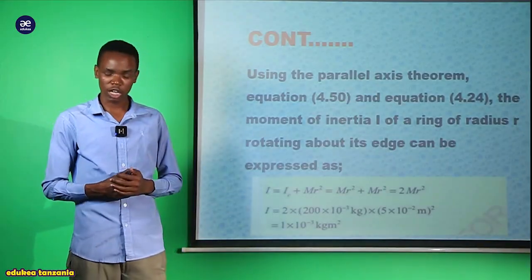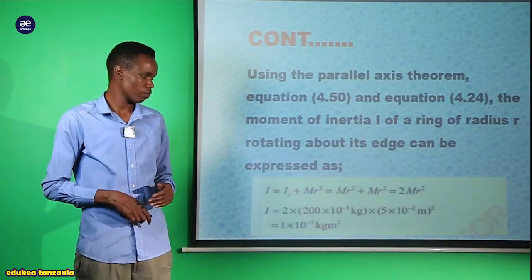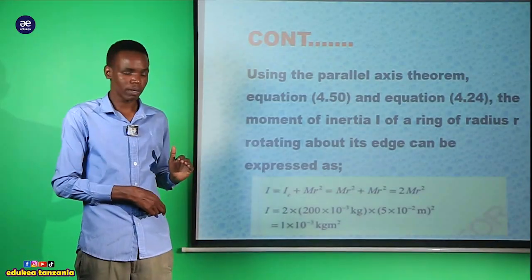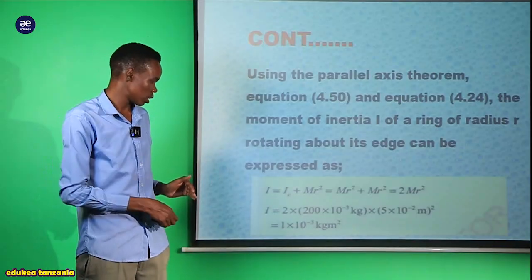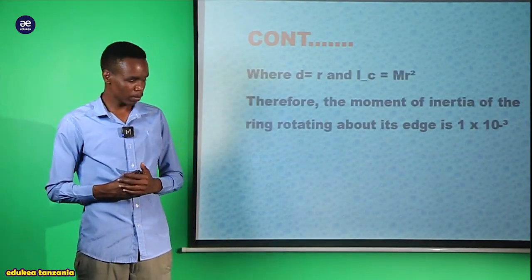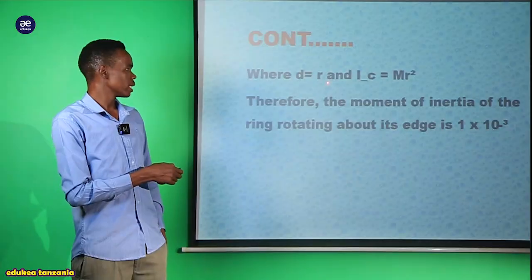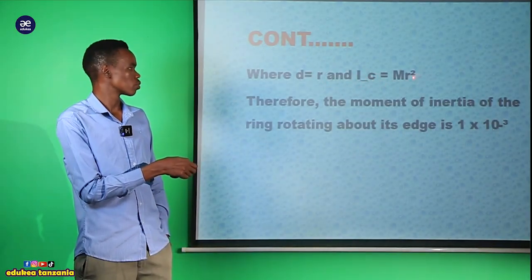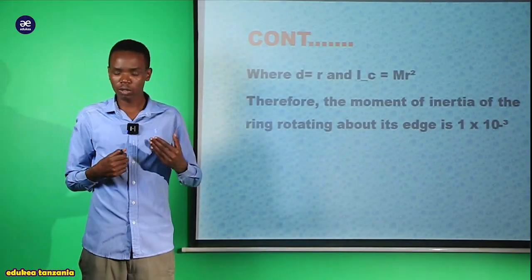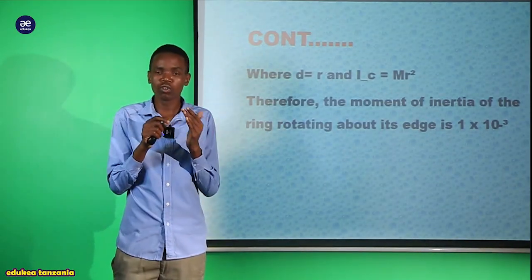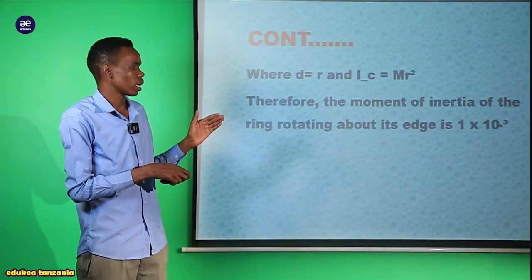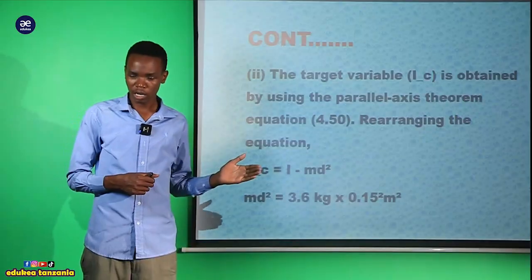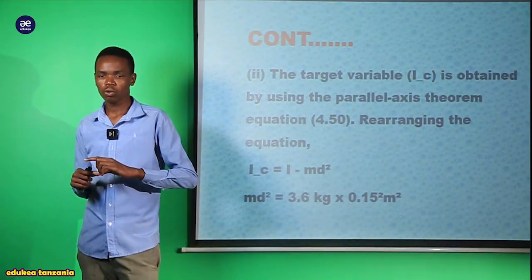Now let us substitute the given values from our question. We should obtain that the moment of inertia for figure number 1 equals 1 exponent negative 3 kilogram meter squared, where d is equal to r and I_c represents mr squared. Therefore, we conclude that the moment of inertia through the uniform ring must equal 1 exponent negative 3. So after this one, for Roman 2 here, we are supposed to look for the